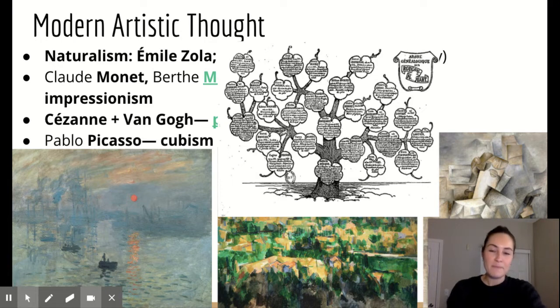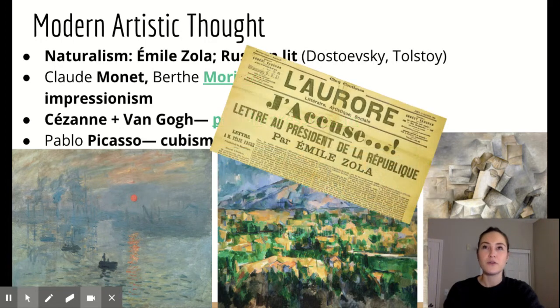Another thing that Emile Zola is well known for, though, is not literature in the sense of storytelling at all, but another big important piece of writing that he does in the late 1800s that is called J'accuse, which means I accuse you in French. And this has to do with the Dreyfus Affair. So I'm going to take us on a little side journey here to talk about anti-Semitism.